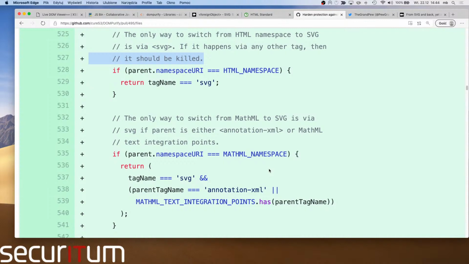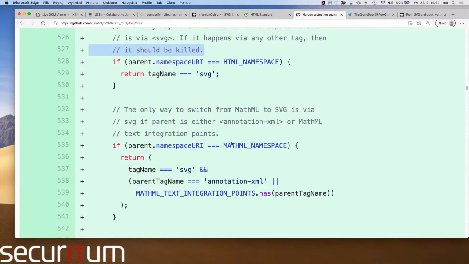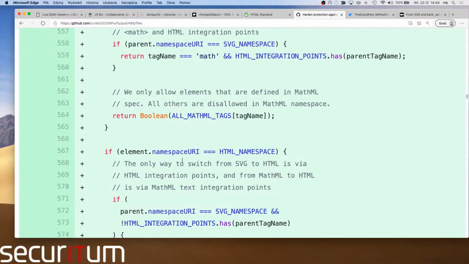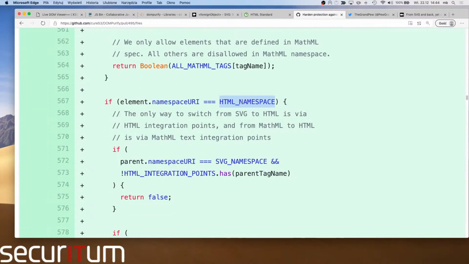Okay, another example is that if we want to switch from MathML to SVG, then the only way is that the parent is either MathML text integration point or annotation-xml, and the tag name is SVG. If it happens via any other tag, well, it should also be killed. Maybe I will go to the end. So if the current element is in HTML namespace and parent is in SVG namespace, then the only way to switch from SVG to HTML,